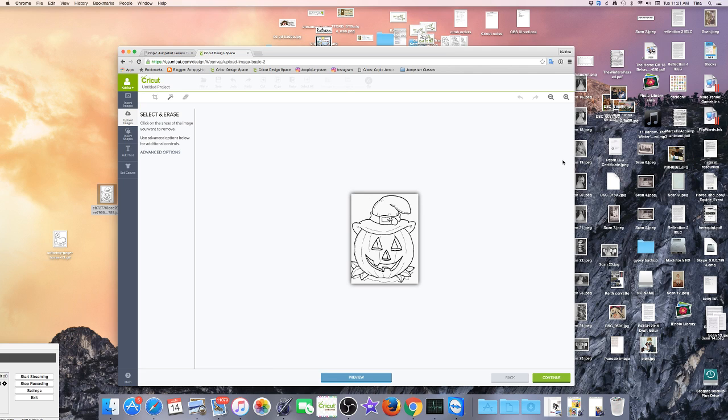And there he is. Now, if I just wanted a coloring page, I wanted this whole rectangle, I'd say, okay, that's fine, and I would just move on. But I don't. I want it to actually cut my pumpkin. So I'm going to come up here to my little magic eraser wand, which is select and erase. Go down and just click right in here. And it gets rid of